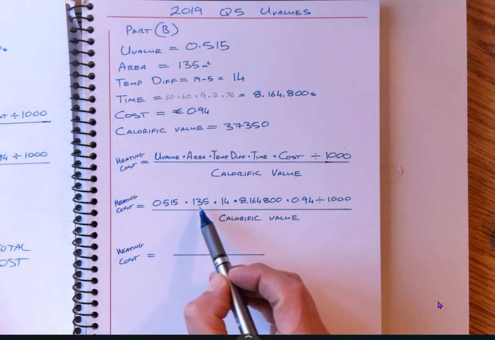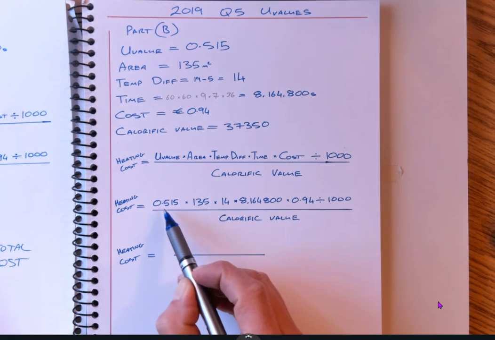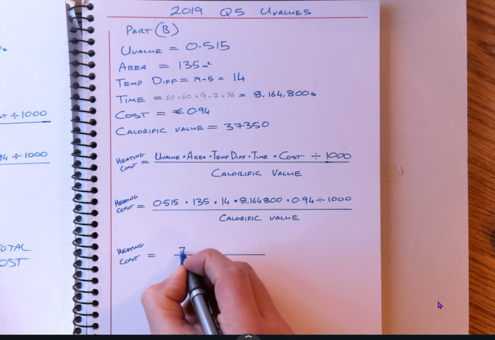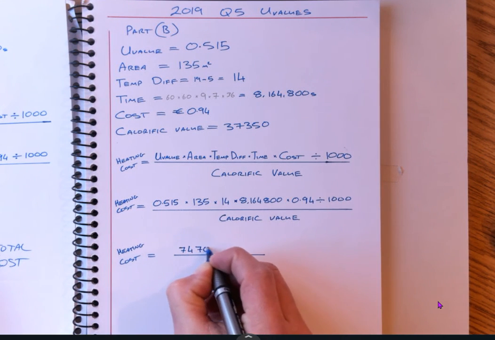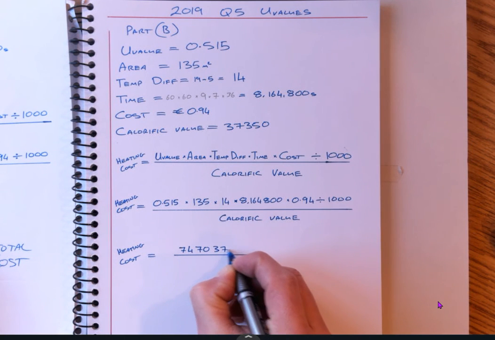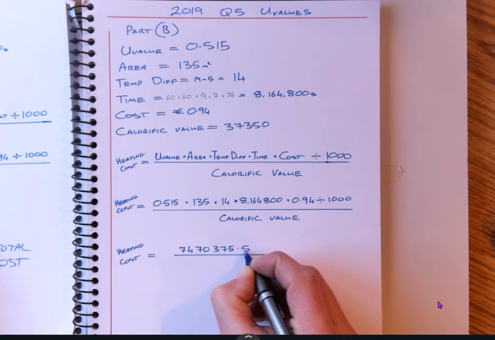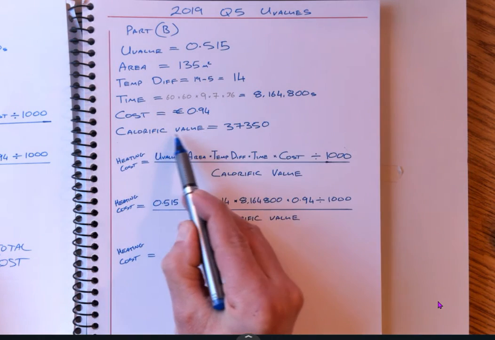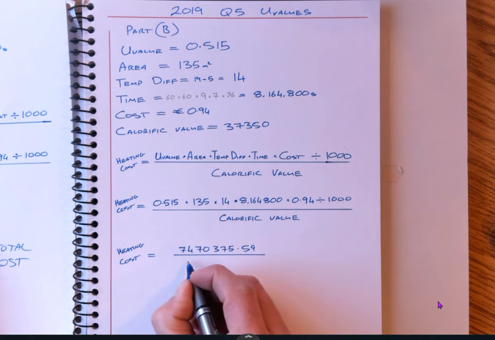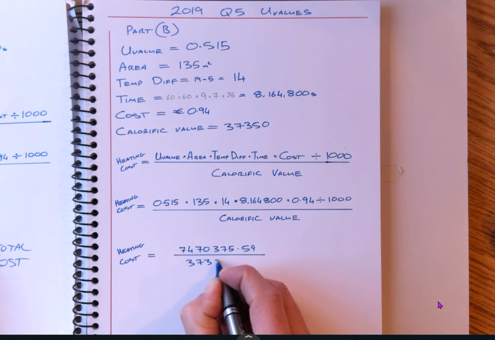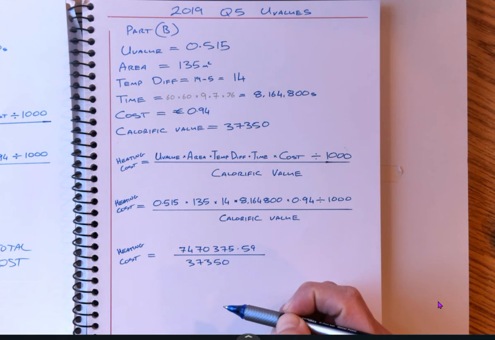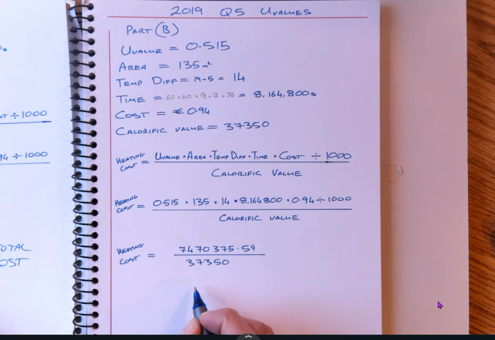I've subbed in each of the values across the top line, and when we multiply each one and then finally divide by 1,000, we get 7,470,375.59. Divide that by the calorific value. Here was our calorific value from the question, 37,350. So divide our fraction out, and our result we get